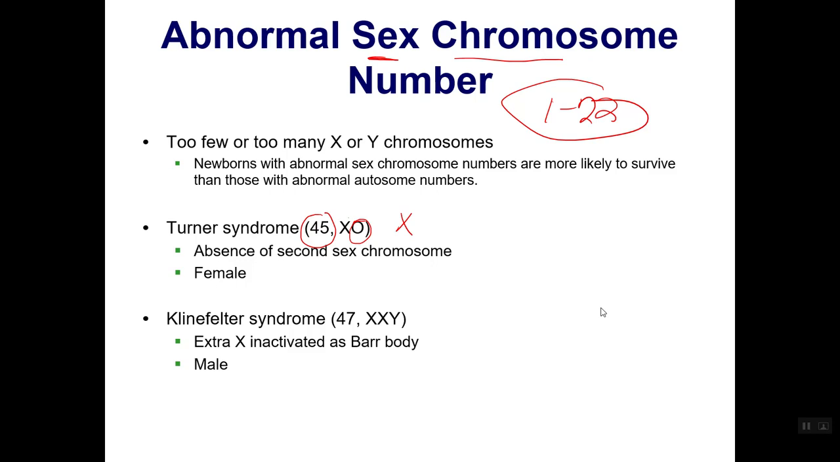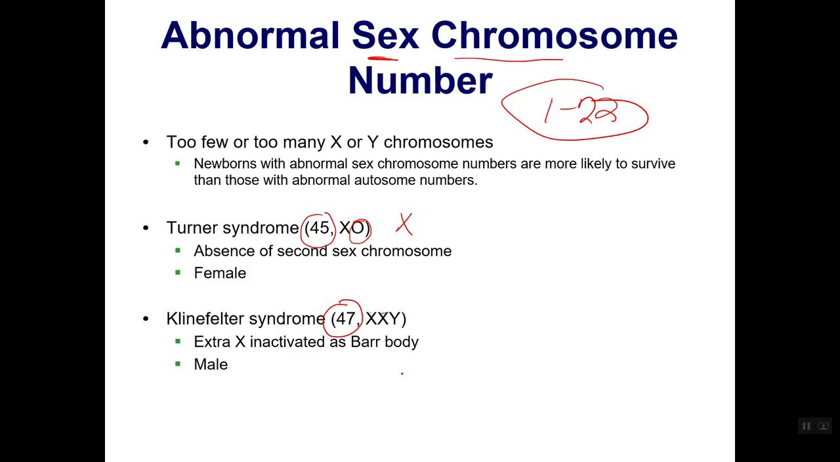Okay, sorry about that. So Turner syndrome is where we have an absence of a second sex chromosome. These individuals only have a single X chromosome. They're considered female because they do not have a Y chromosome. Klinefelter syndrome. These individuals have 47 chromosomes. They have 2 X's and a Y chromosome. They are considered male because they have a Y chromosome, and that extra X chromosome winds up becoming an inactivated bar body. Basically, it coils up really, really tightly,